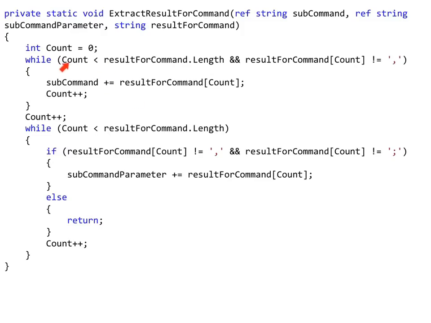So this first while loop here is going through our string result for command that we've just received from our last subroutine call. It's going through every character, extracting the character and putting it into subcommand, adding each character to subcommand until it reaches a comma. For our current command, get torch, it returned an empty string, so it's going to skip straight over this loop here,